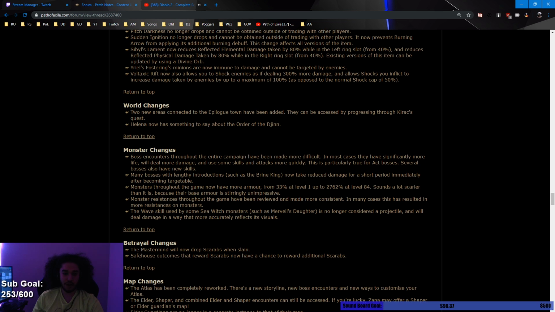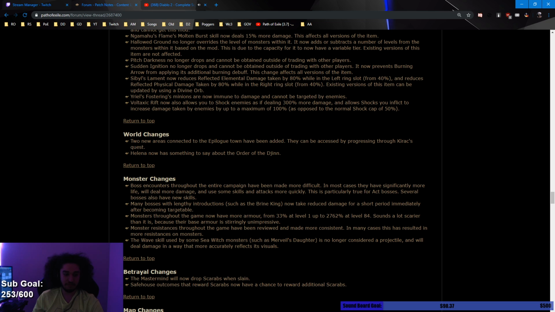Boss encounters throughout the entire campaign have been made more difficult. In most cases, they have significantly more life, will deal more damage, and use some skills and attacks more quickly. This is particularly true for act bosses. Several bosses also have new skills. Many bosses with lengthy introductions, such as Brine King, now take reduced damage for a short period, immediately after becoming